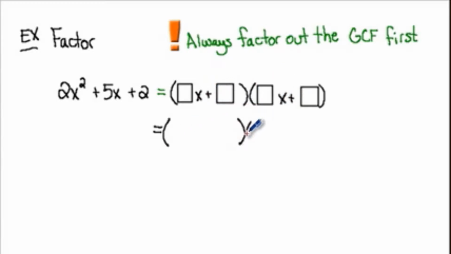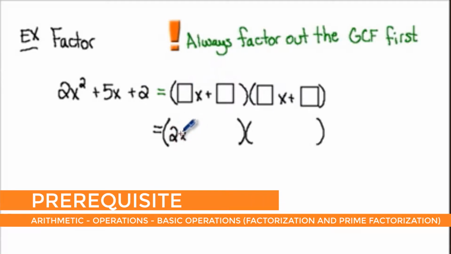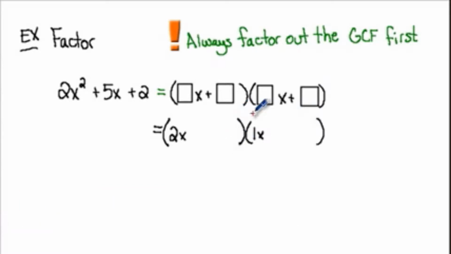Well, one thing I do know is that if I were to multiply this out, or distribute all this stuff through, the product of whatever this is times x and whatever this is times x should be 2x squared. So here's where the guess and check method starts. You're going to think of two numbers that multiply to become 2. In this case, a 2 and a 1 work perfectly. We still have these other boxes to fill in, but you know that you have some choices for those other boxes. Two numbers that multiply to this last constant here, or the constant term here, would be 2 and 1